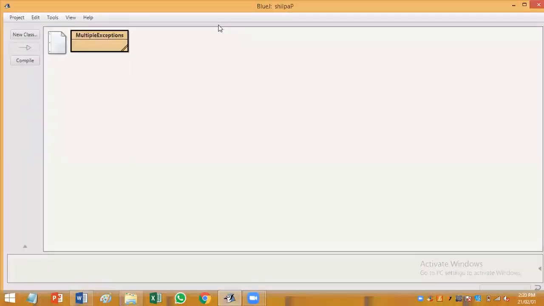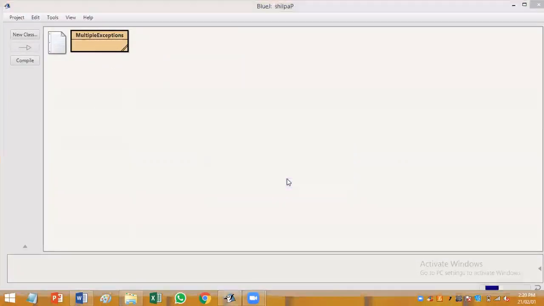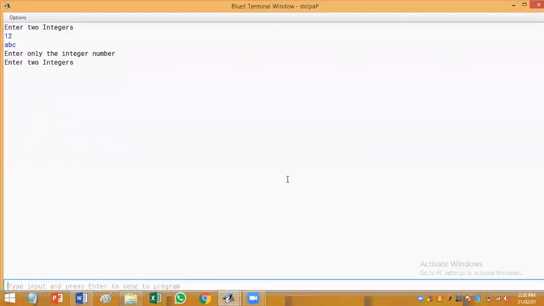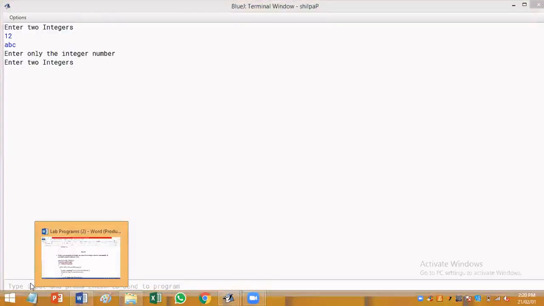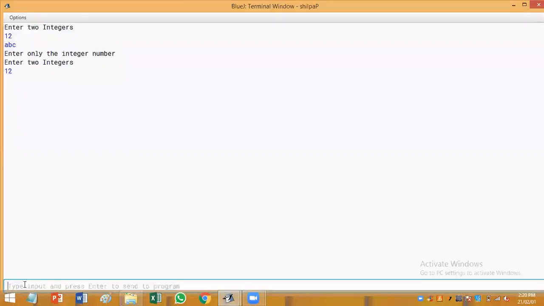And now let me run the program again. Let me check for the second type of exception. Let me give the two numbers, that is 12, and the second number as 0.